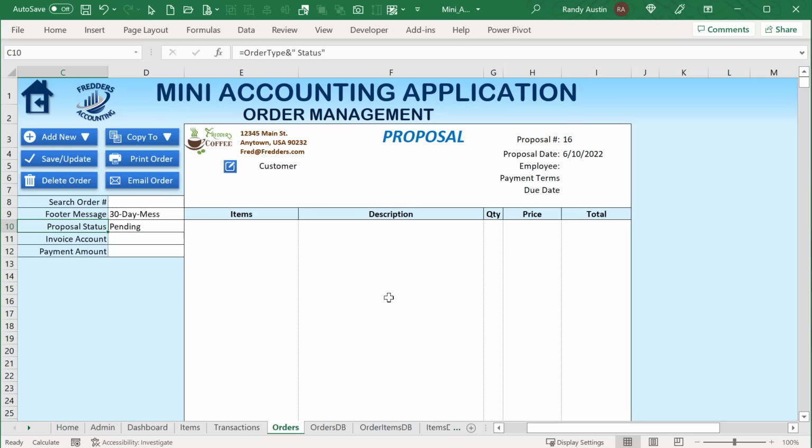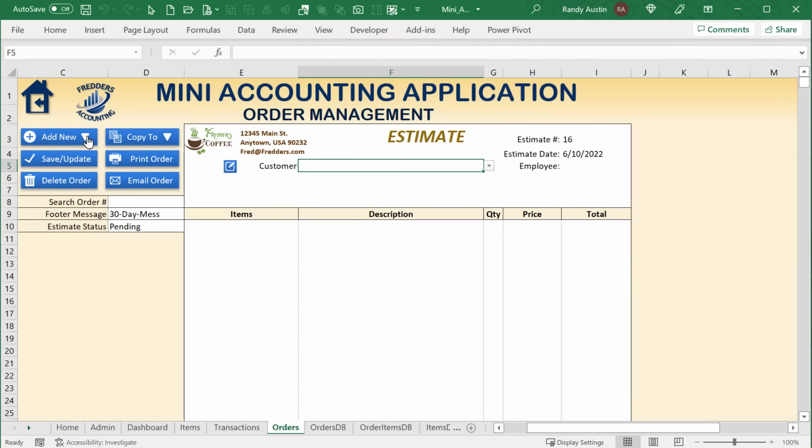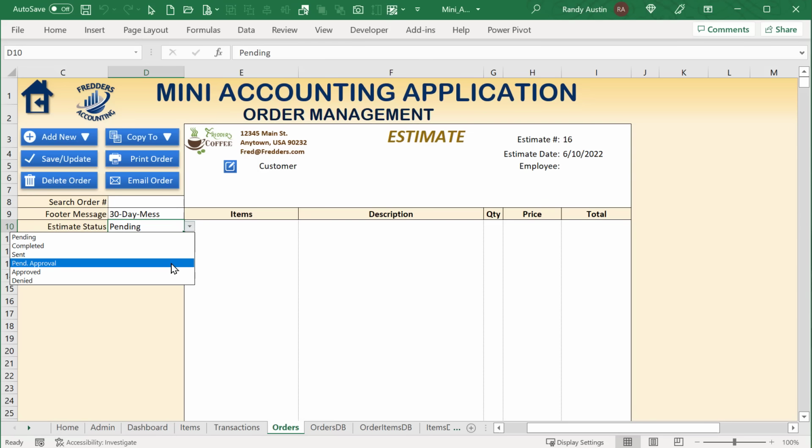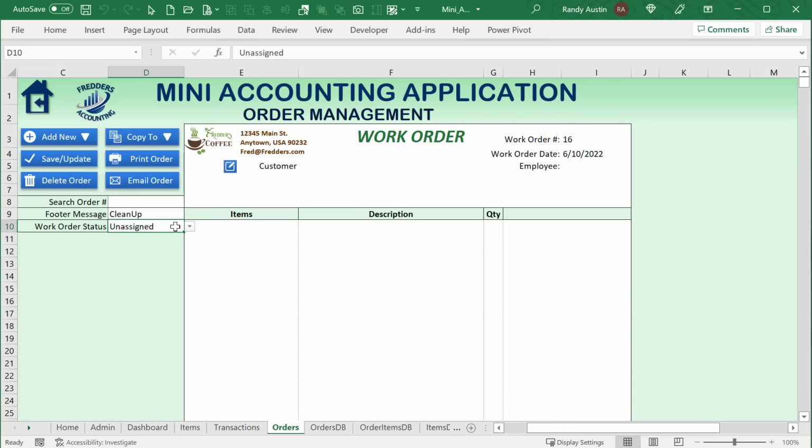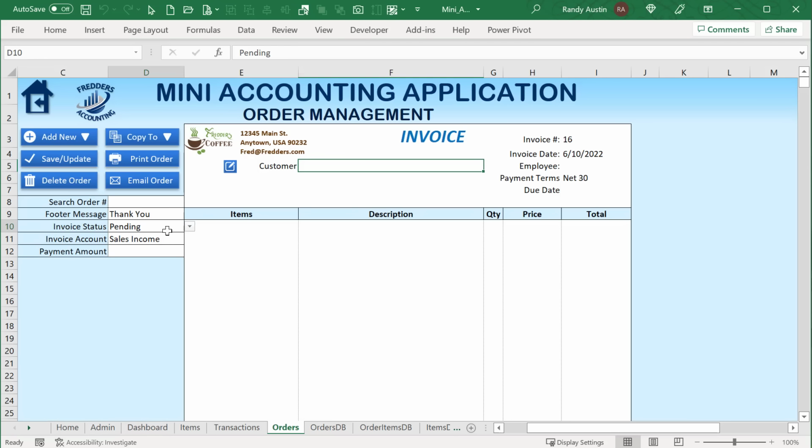Okay, so inside our order management, if I have a status here, say proposal status, let's go ahead and add a new estimate or work order or proposal or anything like that. There we go, an estimate, the way we had it before. Estimates can have certain statuses: pending, completed, sent, pending approval, approved, or denied, right? Those are fully customizable statuses. While work orders here can also have their own statuses: assigned, unassigned, right? So you can see how the status drop-down lists are dynamic and completely customizable: pending, unpaid, and